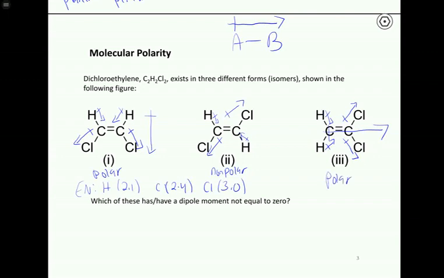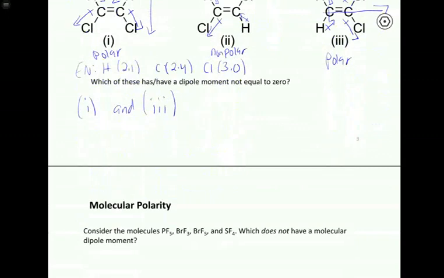So the question is, which of these has a dipole moment not equal to 0? That's going to be 1 and 3. So of these 3 possible structures, 2 of them are polar, and this middle one here, choice 2, is going to be nonpolar because the dipoles cancel each other out. They're oriented exactly 180 degrees relative to each other. Alright, so that's how we want to approach a problem with molecular polarity, and that's very much related then to